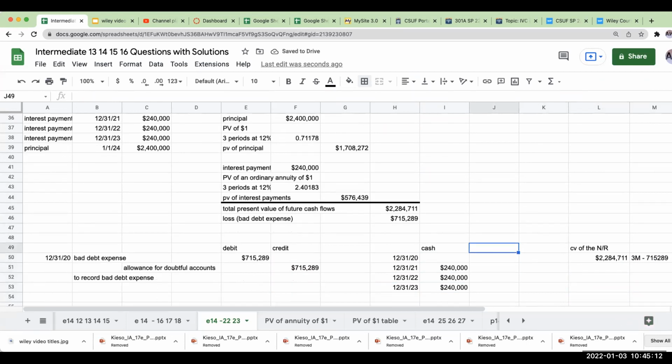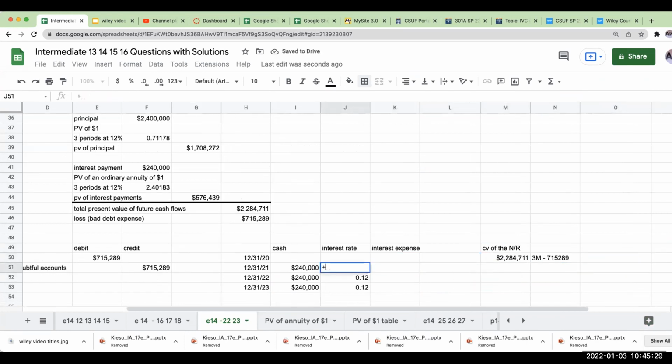So my interest rate is going to be 12% for all of these different periods. So my interest expense is going to be 12% times the carrying value of the note, or